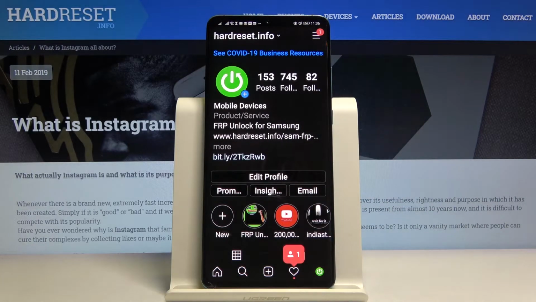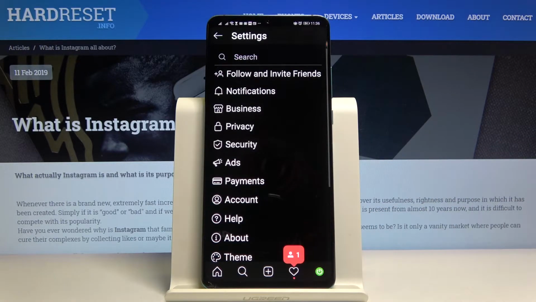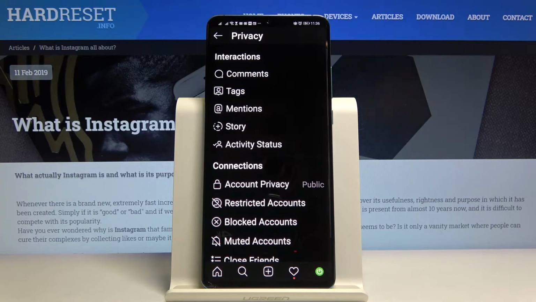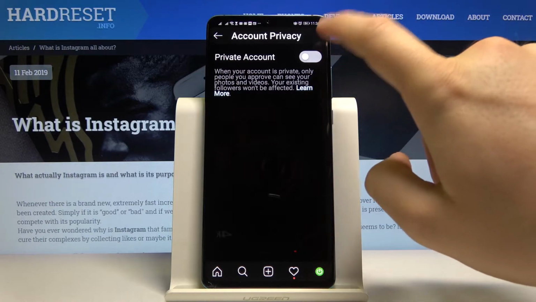Right now, let's click right here on these three horizontal lines, then move to the settings. And right now we have to go for the privacy. Tap on the account privacy. And as you can see, there's the option. So all we have to do is just click on this